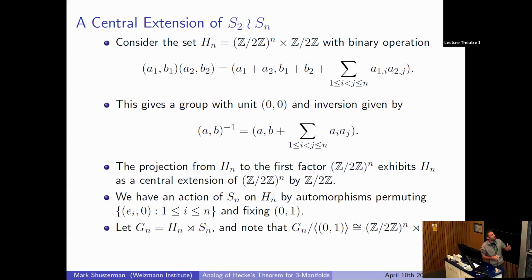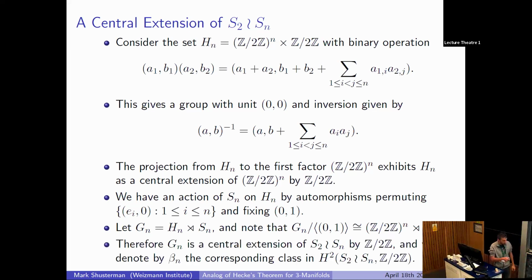So that's the group that I wanted to construct. That's somehow the main point of the slide. You form this semi-direct product. And then because the action on {0, 1} was trivial always, this is going to be a central extension. That's basically what I say next. So when you mod out Gn by {0, 1},